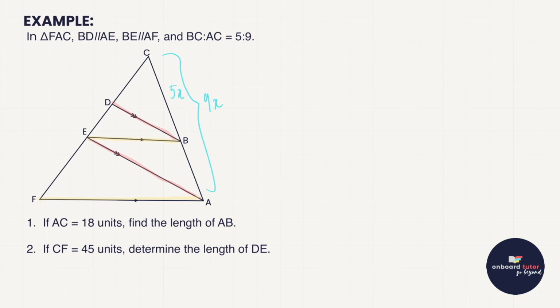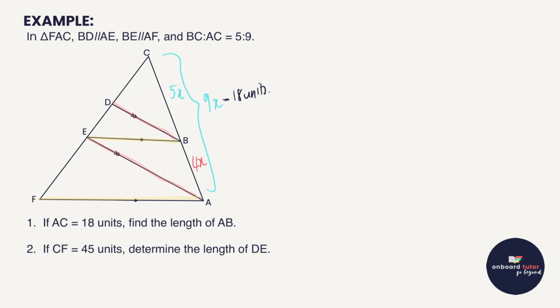Okay, if AC equals 18 units, find the length of AB. All right, so this whole thing here is equal to 18 units. Okay, so logic there is already telling me that each x is going to equal 2 based on this. But let's solve it nice and systematically. Find the length of AB. Okay, so the first thing we need to do is we need to find the proportion here of AB. Okay, and that we can do by saying 5 plus how much will equal 9, and that is another 4x